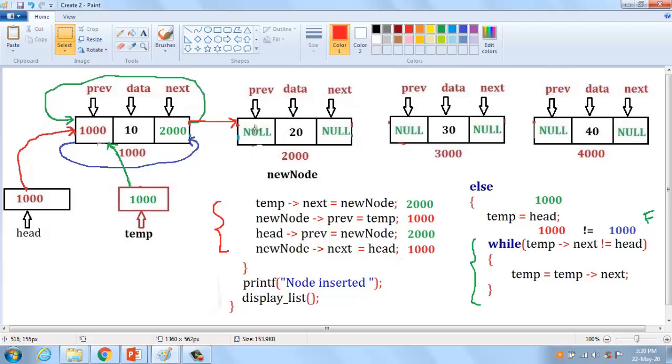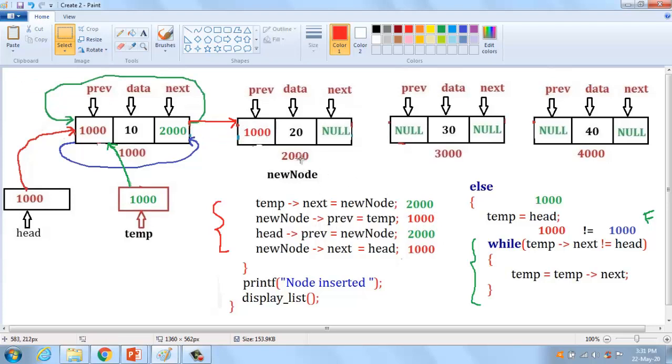What is new node previous? This is called new node previous, pointing to this field. Pointing to this field means, what is this address? This address is 1000. Alright, the address should be changed into equal to temp. What is temp address? Temp address is 1000. Okay, could you understand here?